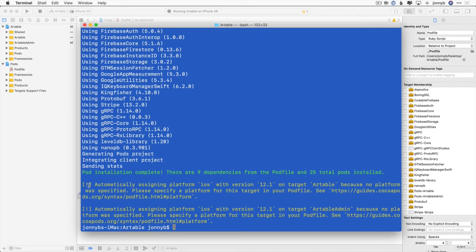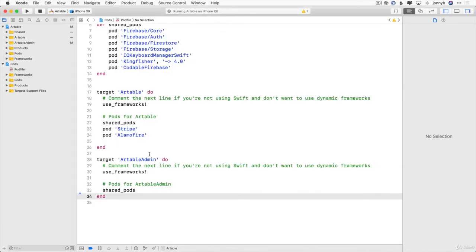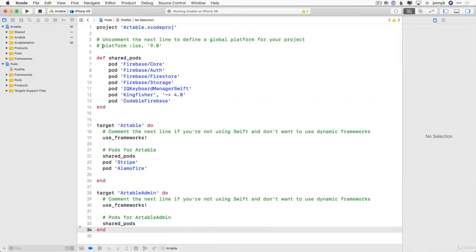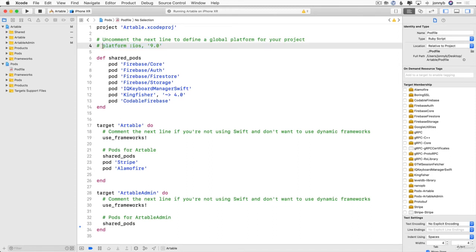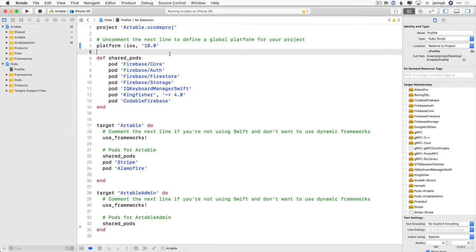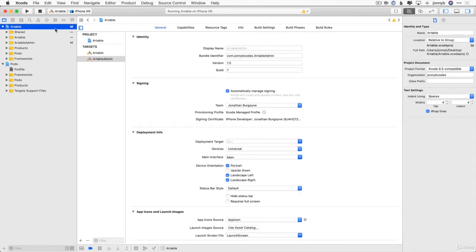But the other thing that I want to address while we're here is that it says here we have a couple of warnings. It's automatically assigning platform iOS with version 12.1. All right, so that's because here in our pod file, we have left this commented out. And so let's go ahead and specify an iOS platform version that we want to target. I'm going to go ahead and set this to 10.0. And while we're doing that, let's go ahead and click here on our main project, and let's set the deployment